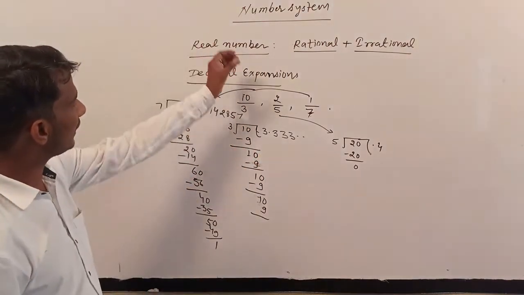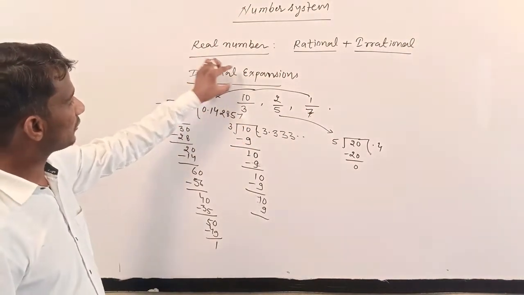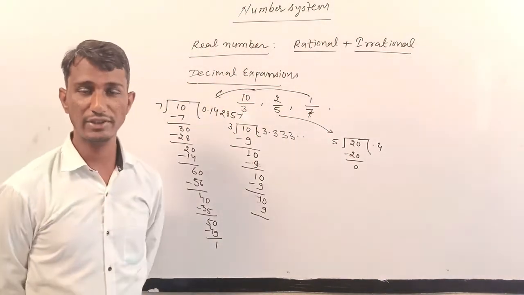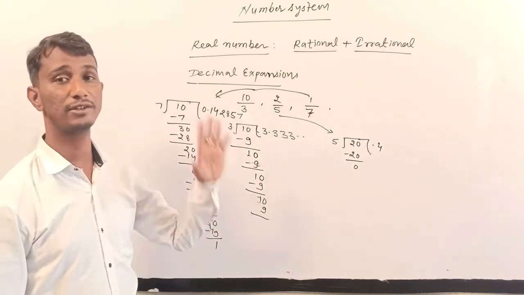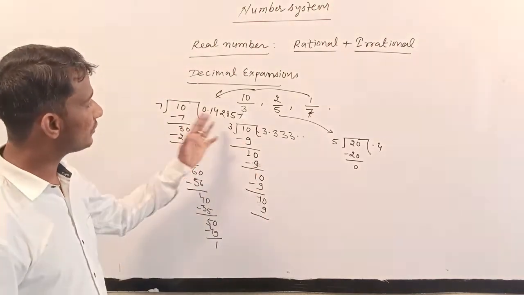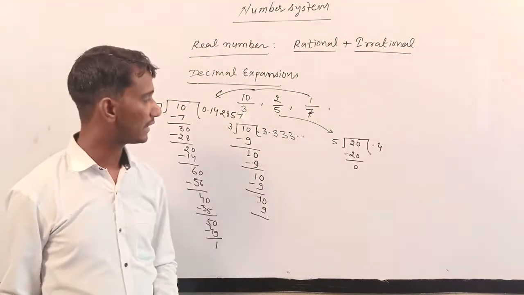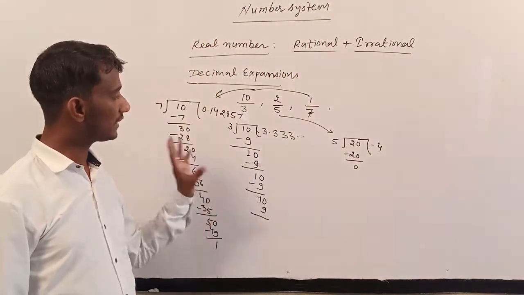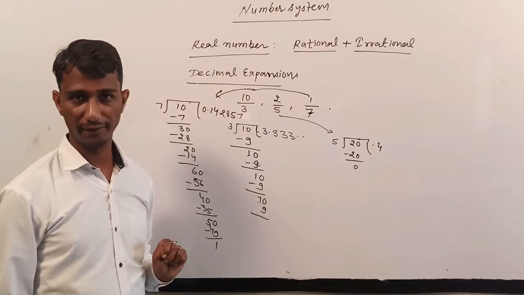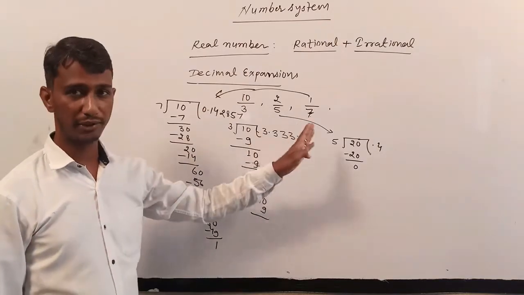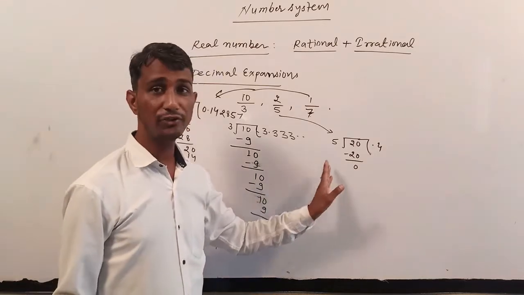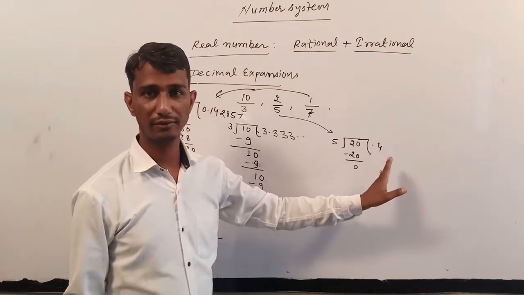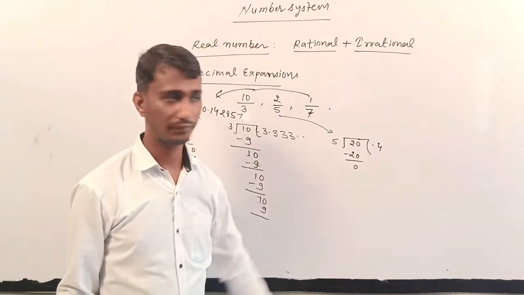So dear students, these are the decimal extensions. Which type of decimal numbers are given here? We have expressed them according to decimal extension. Look at the division form of all these numbers. In these numbers we have seen that the division is not completed and the digits are repeated, right? In this one, the division completed after one step.